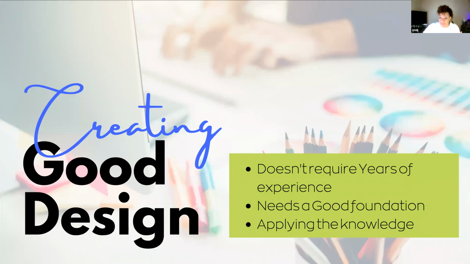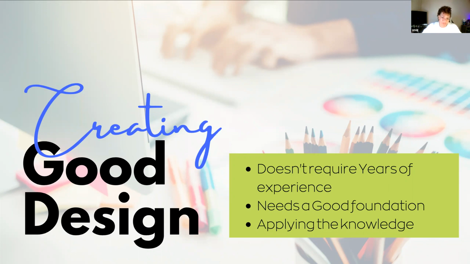So when it comes to creating good design, you don't have to spend a lot of time to learn it. You really don't. It's really about taking the information and knowing how to implement it into what you're doing. Now, granted, the things that I do, I've spent years learning tools, learning concepts, learning practices and things like that.